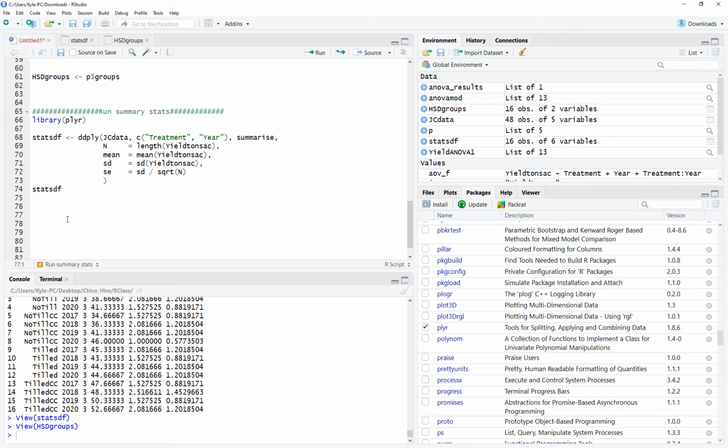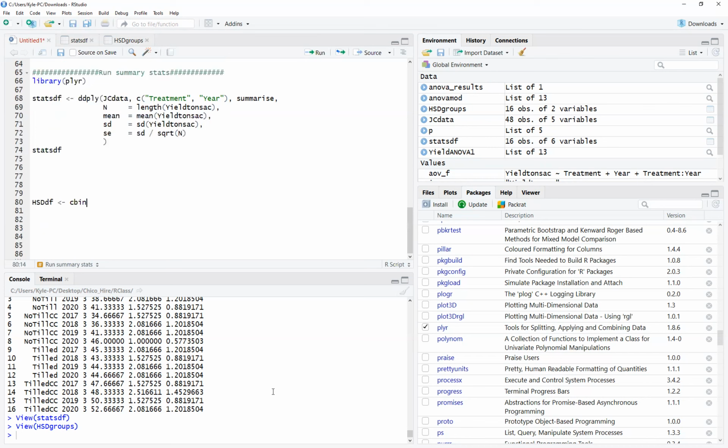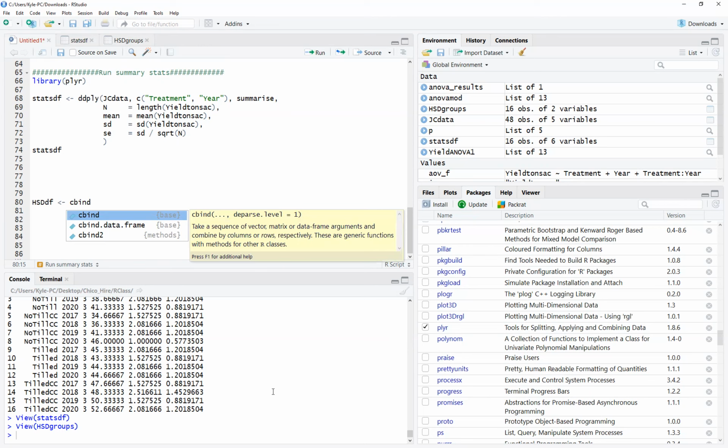So one of the things that we're going to learn real quick is something called cbind. Let's call this HSD data frame. We'll do DF, so we know that we want to combine these two. Cbind. Let me delete this so we can read through what that is. Cbind, in base R, takes a sequence of vector or data frame arguments and combines them by columns or rows respectively. All right. So cbind